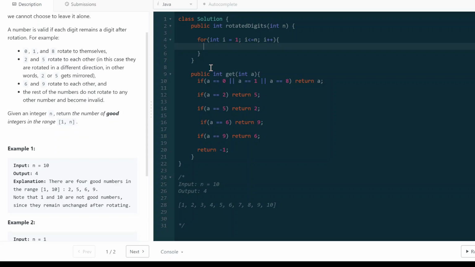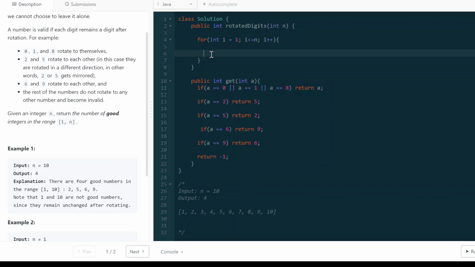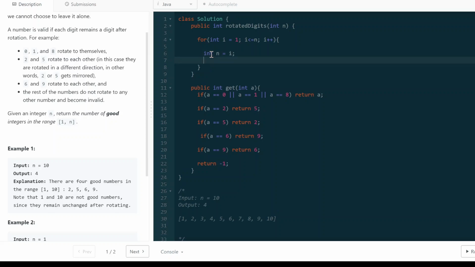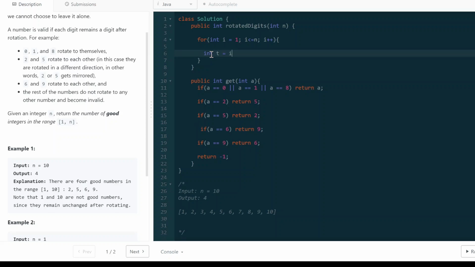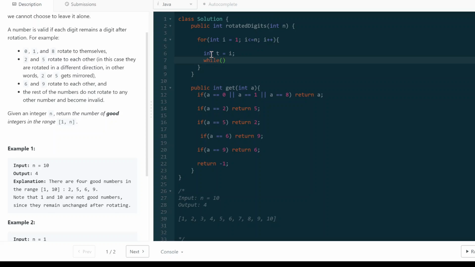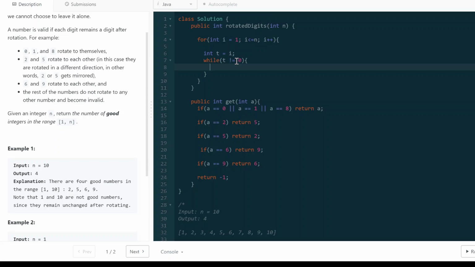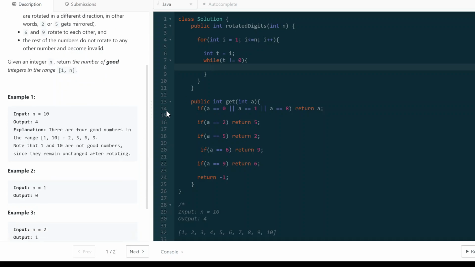So for that, I can write temp, maybe a t, and then while, so I'm basically extracting all the digits, or maybe I can just convert it into a string and then check, and that will be a little slower, but okay, let's do it this way only. So while t is not equal to 0,